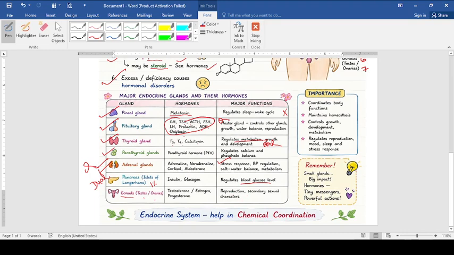But here, the testis and ovaries are also acting as a dual gland. Why dual gland? Because the testis is also releasing the sperm by the vas deferens, a duct. In the same way, ovaries are releasing the egg with a duct that is called the oviduct. So, in this way, roughly I have covered the topics which we have to discuss in detail. So, systematically, with the help of a flowchart, we will be discussing this in detail.